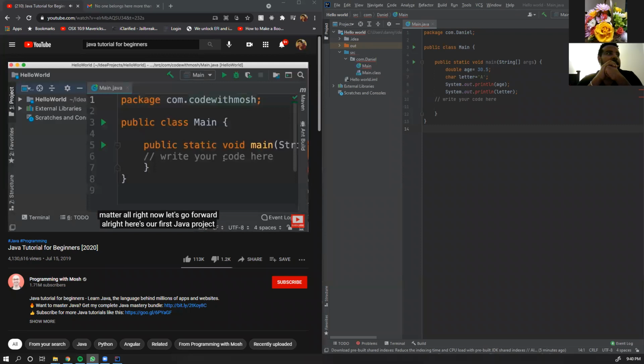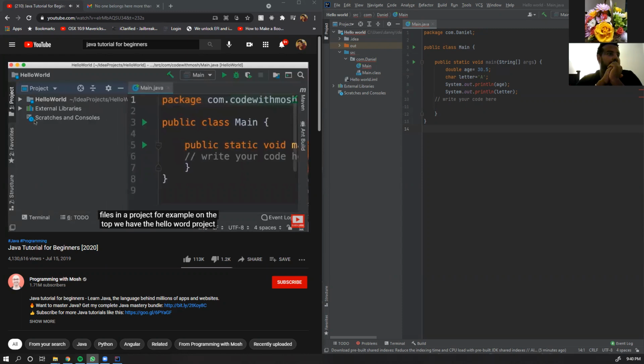All right, here's our first Java project. Now, this code editor might look a little bit intimidating at first, but trust me, it's really easy, and you're going to learn about it throughout this course. On the left side, we have the project panel where we can see all the folders and files in our project. For example, on the top, we have the Hello World project. Inside this project, we have the source folder where we have the source code of our project. Now, in this folder, we have another folder that is com.codewithmosh. That is the name of our base package. And in this package, we have